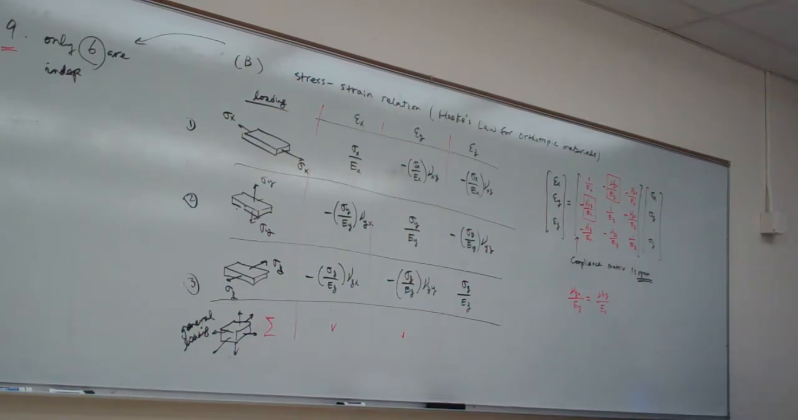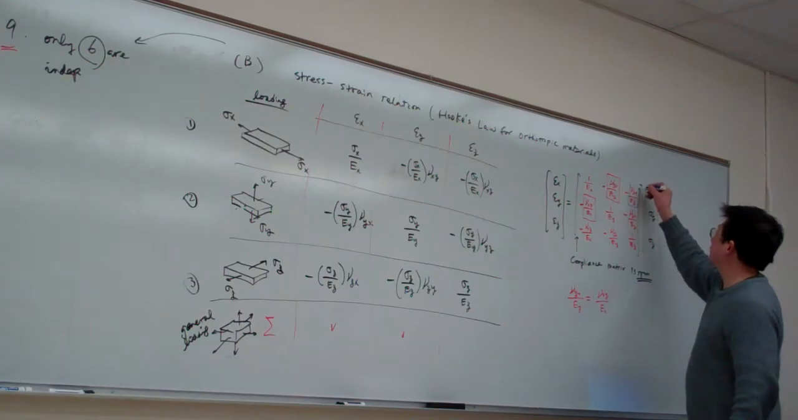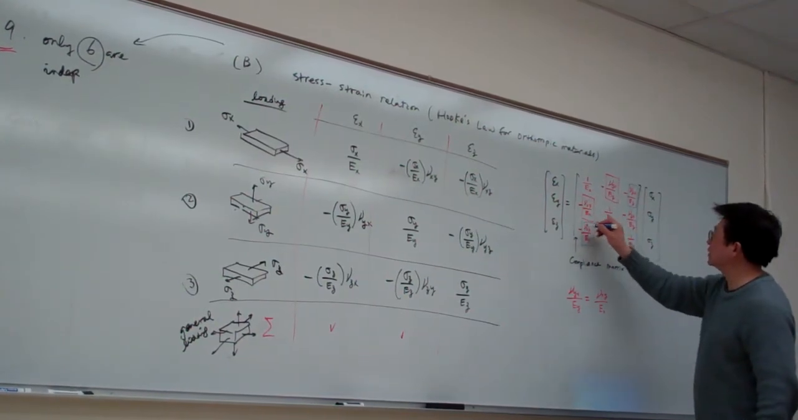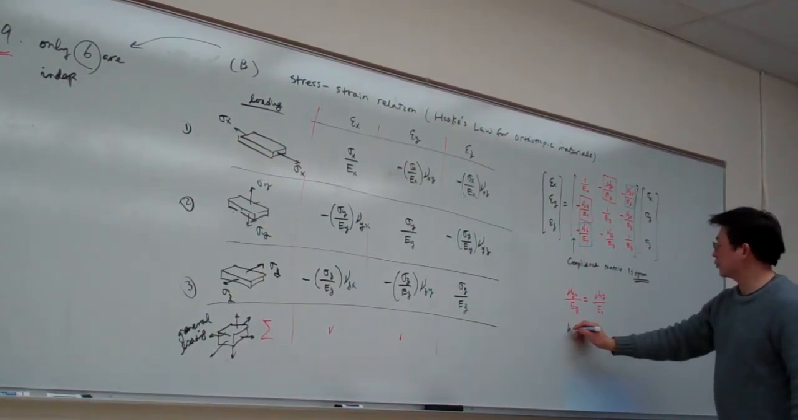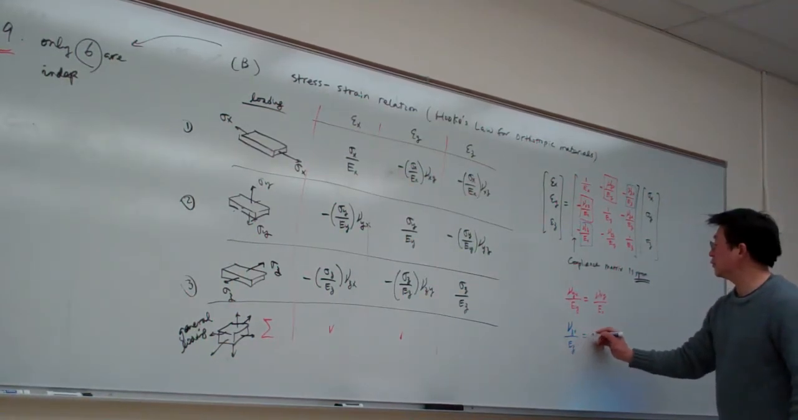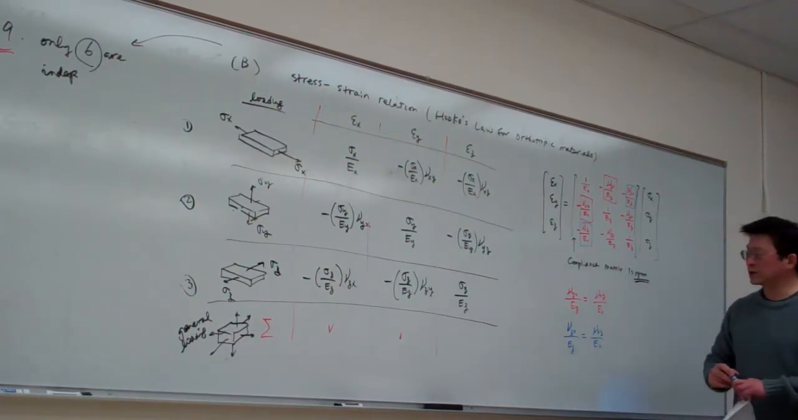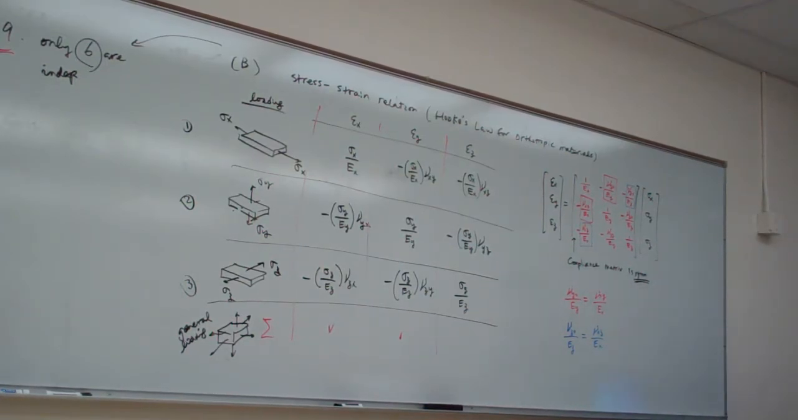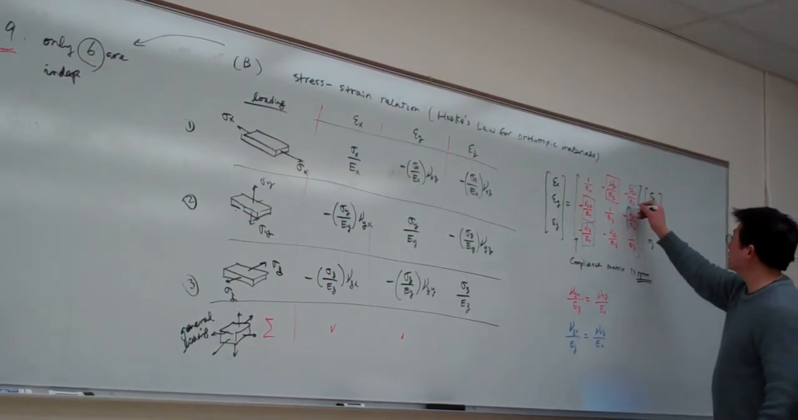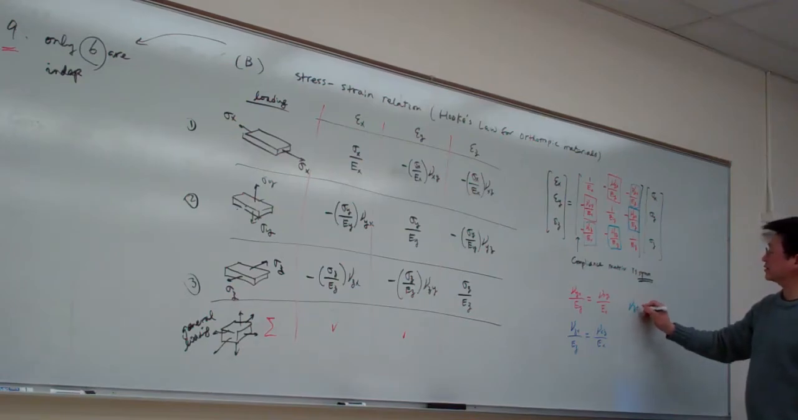And the same thing, this quantity must be equal to this one. So that means mu zx over ez equals mu xz over ex. In a similar way, you can do it quickly for yourself. And this one will be equal to this one. So that will be mu zx over ez equal to,